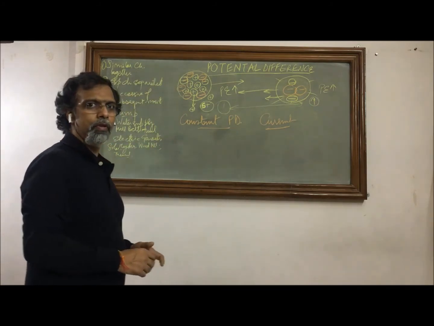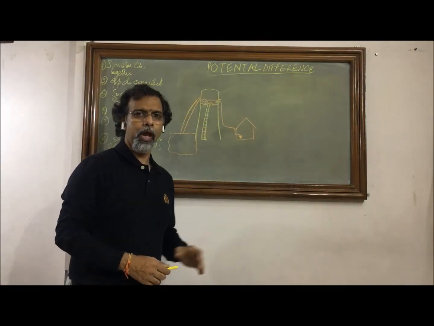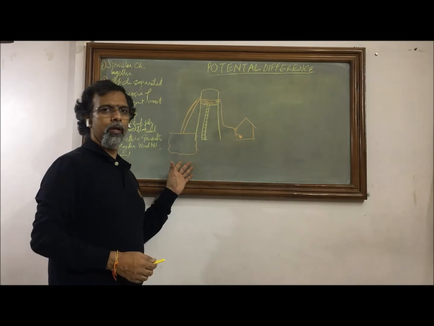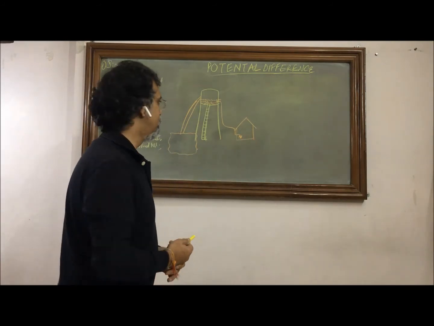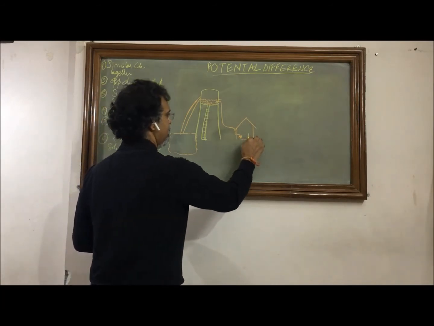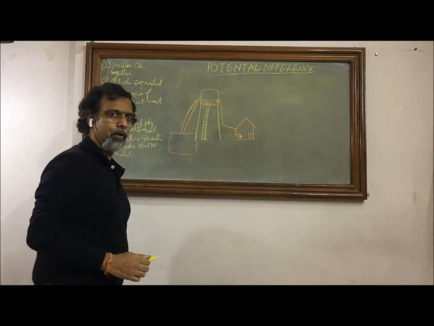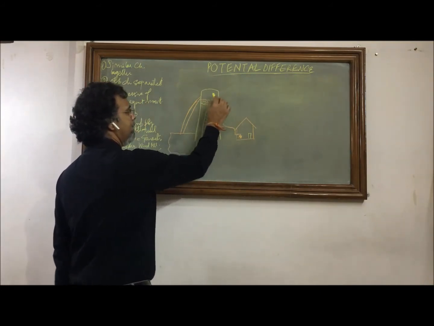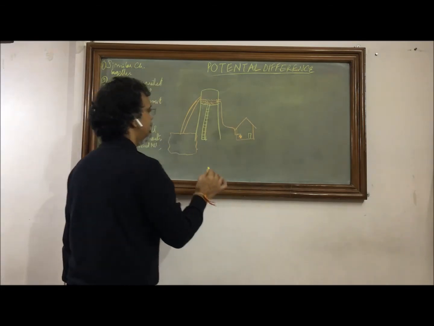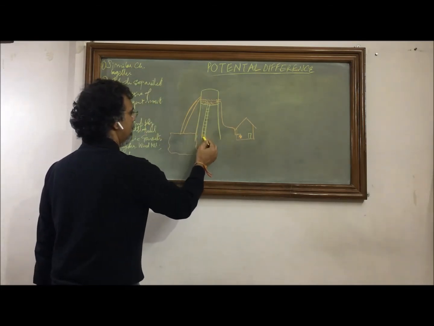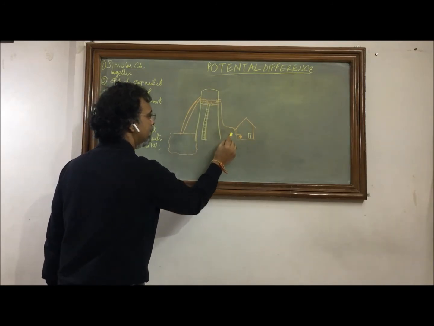We'll understand this with an analogy. This is a schematic diagram of water supply from a water reservoir to a domestic setup. Assume that this is a domestic setup in which we have a tap, and this tap gets the water. Now we have an overhead tank which supplies water due to the potential energy gained by this water, because it is raised from the ground level to this level, the water flows on its own.